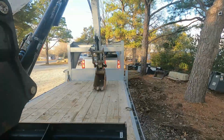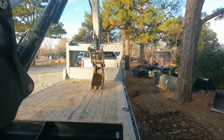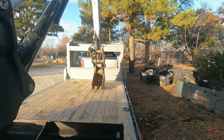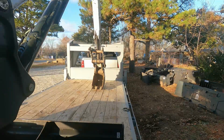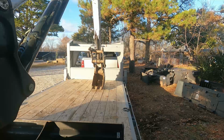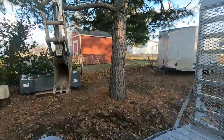I'm still trying to figure out my attachment situation here. This is not ideal. The truck where I park it's kind of in the way, and you kind of have to drive around it in order to pick it up with the machine. I probably should have just driven the truck forward and then loaded the equipment on it, but here we are. We're going to go ahead and make things work. We'll sneak in between these trees here and grab my